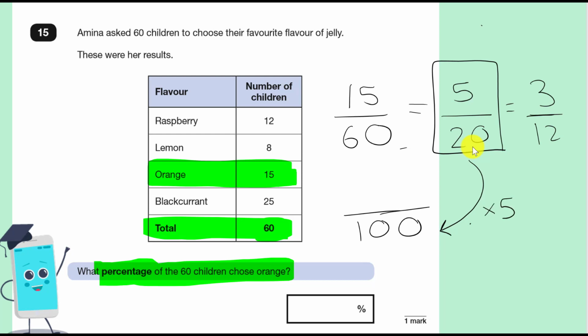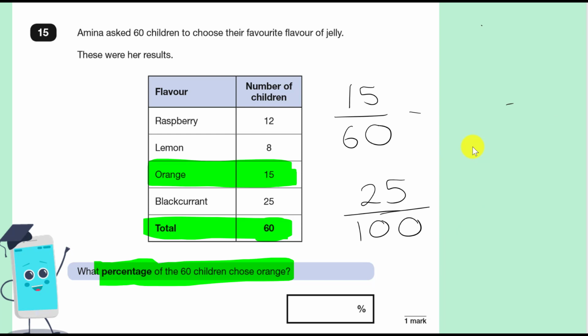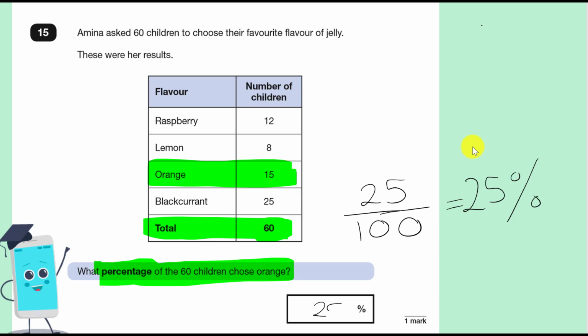So I've got to times by 5, which means I'm going to do the same to the top, times by 5, and 5 by 5 is 25. Once I know what a fraction is out of 100, I know what percentage it is, because 100 as a fraction is the same as my percent symbol. So 25 over 100 is simply 25%. So my answer is that the 15 out of 60 children that chose orange is the same as 25% of